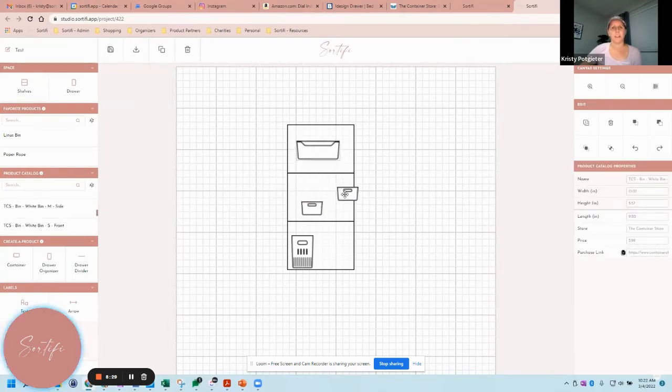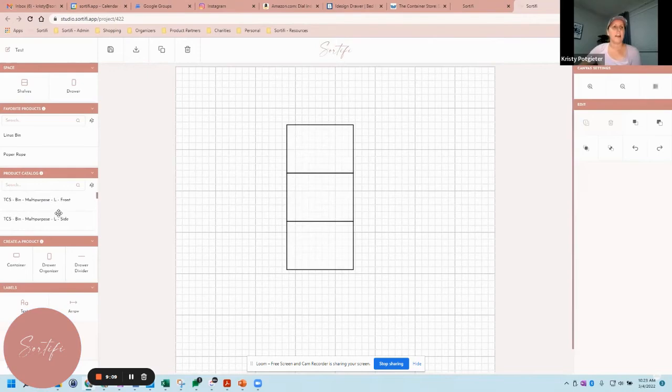So just to give you an idea, that's already in the system with the proper dimensions, with the proper price point, with the actual purchase link. So all of that's already in there for you. So again, the goal is to have all the products that we know and love and use on a regular basis in the product catalog eventually, but that will take a little bit of time as we want to work closely with the product companies to get their buy-in and all of that. So hopefully we'll be growing that regularly. So for purposes of this demo, I'll just go ahead and delete